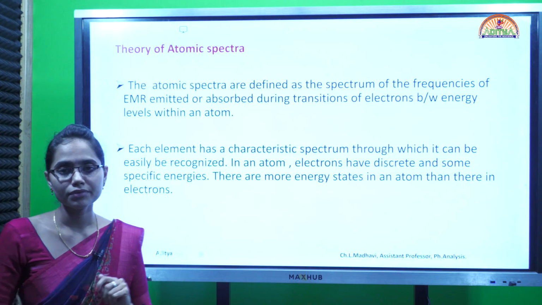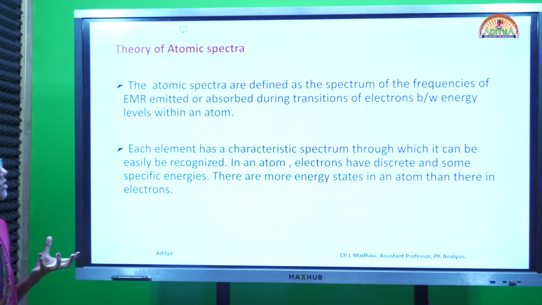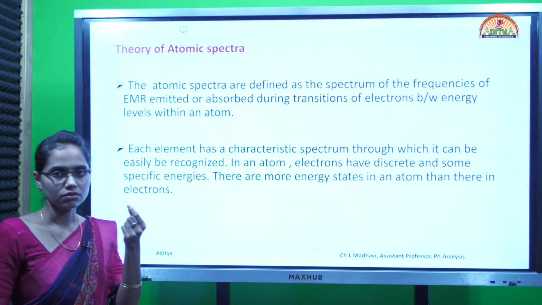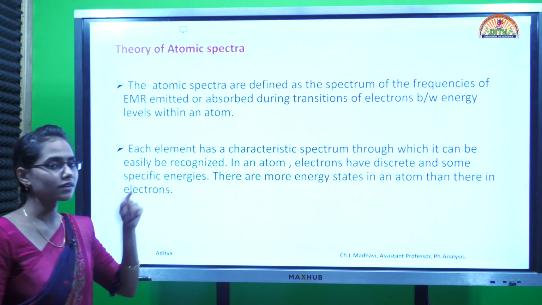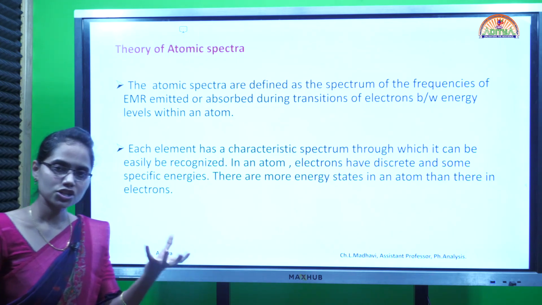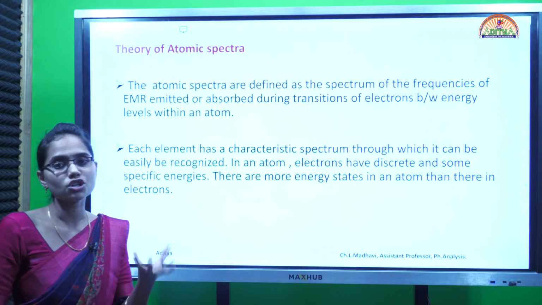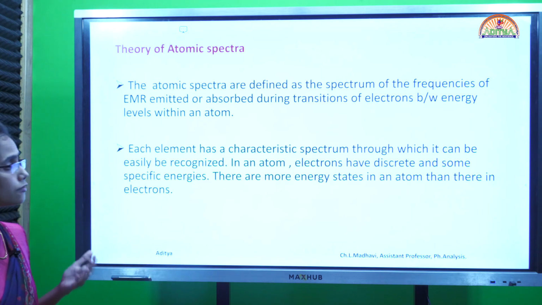So that was about the theory of electronic spectra, and now coming to the theory of atomic spectra. An atom consists of so many electrons. In electronic spectra we have seen the electronic transitions of one electron; we studied either the photoelectron or the angular electron. But in atomic spectra, as an atom has more electrons, each electron will emit radiation of a different wavelength, and the collection of all these electrons' emitted radiation will give you the atomic spectra. So atomic spectra is normally a collection of spectral lines of different electrons which are involved in different transitions.